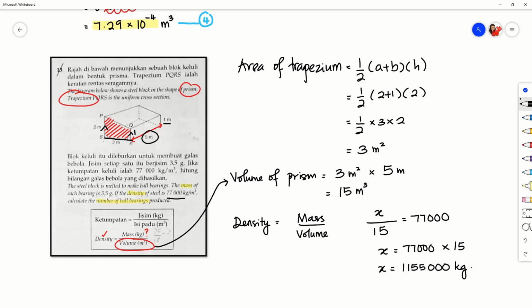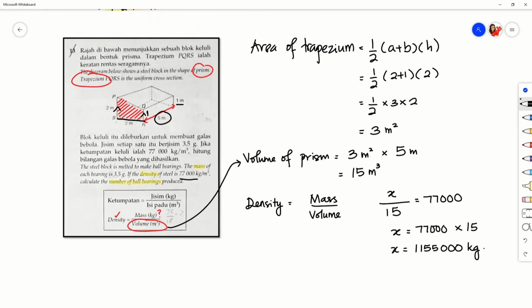They've given you in grams, which means you will have to either convert the kilograms to grams or the grams to kilograms. So the 3.5 grams, I want to convert it to kgs. That means I will have to divide by 1,000. Because kg to grams is times 1,000, grams to kg is the other way around. Which means I have to move my decimal point 3 times to the left when I divide by 1,000. And that's going to give me